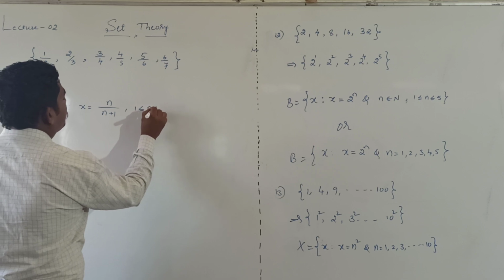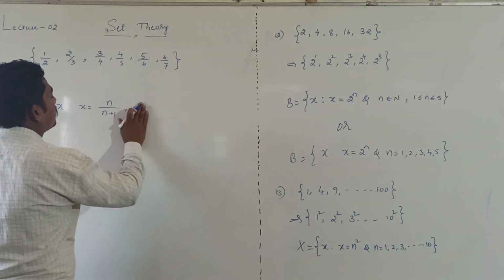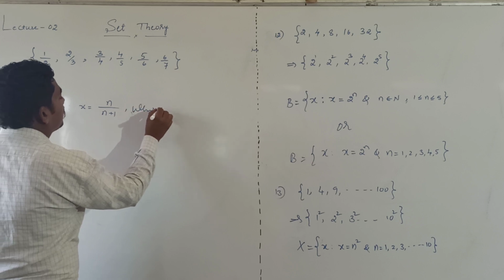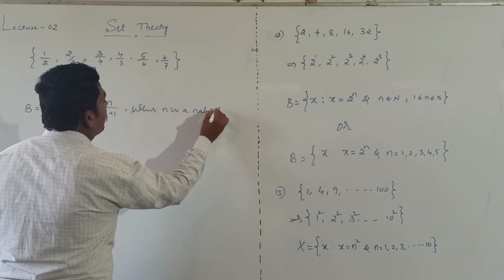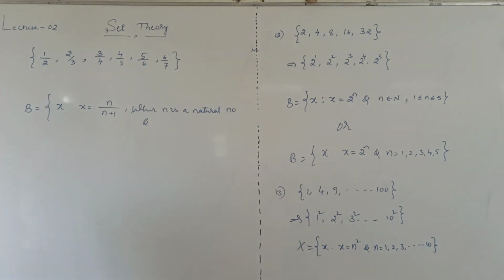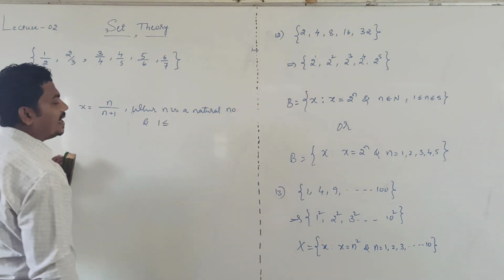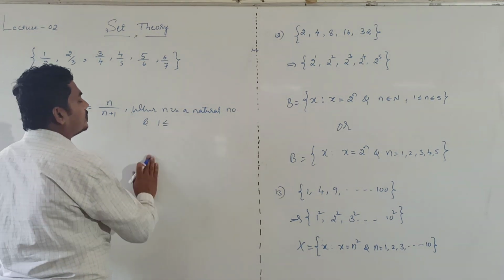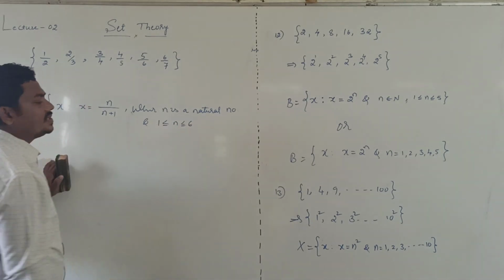Greater than or equal to 1, or else where n is a natural number. And one more condition: n should lie between 1 to 6 only,